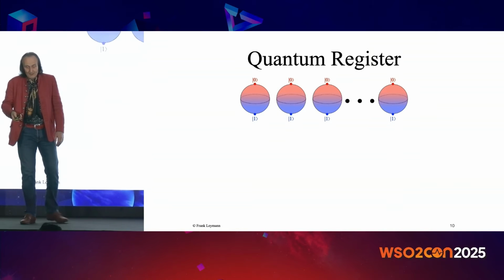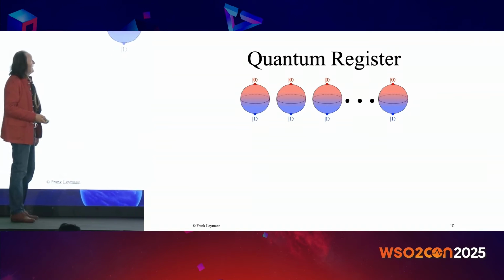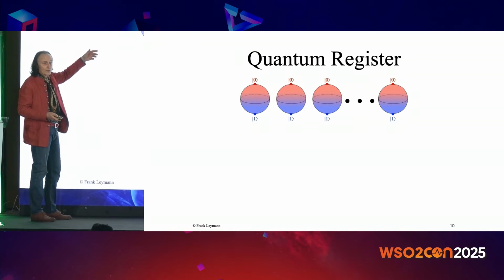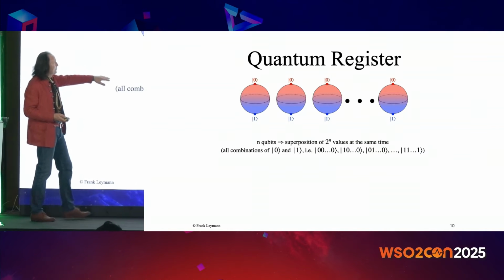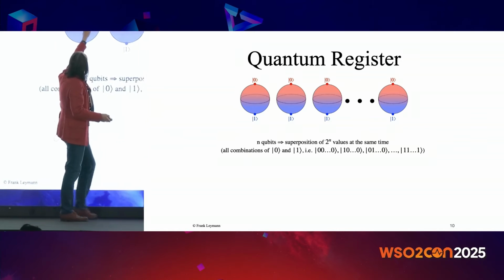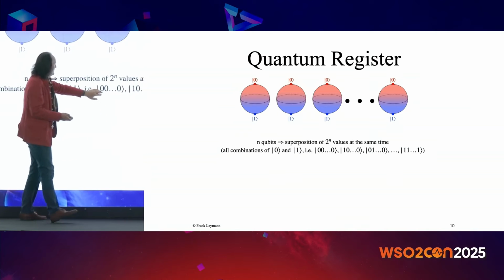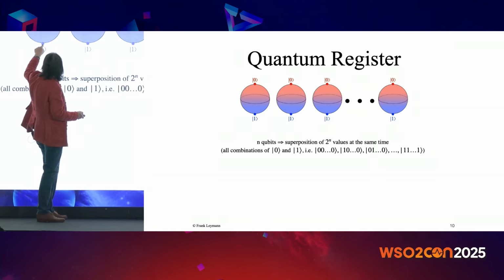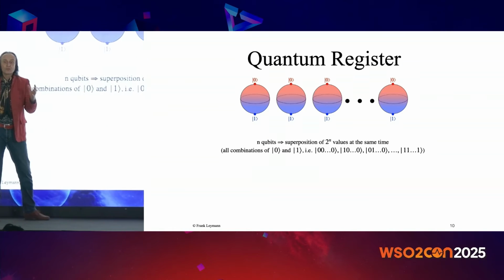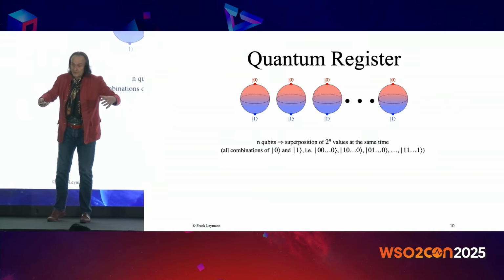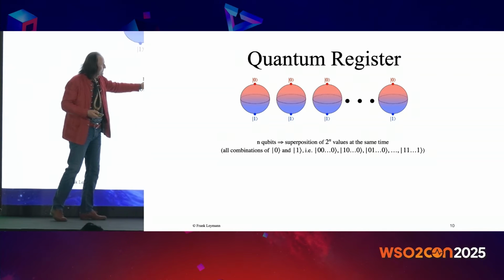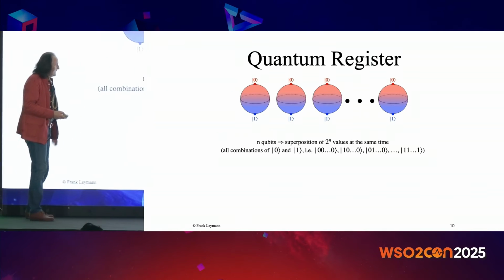Here we see n qubits. And this quantum register is also in superposition, but not of 2 values, true or false, but of 2 to the power of n values at the same time, because each qubit could either be in 0, 0, 0, 0, this is this state here, or the first one can be in 1, the others in 0, this is this state. So you have 2 to the power of n potential values, and now you take the superposition of it. That basically means if you have n qubits, you have a superposition of 2 to the power of n values. Let's take an example.